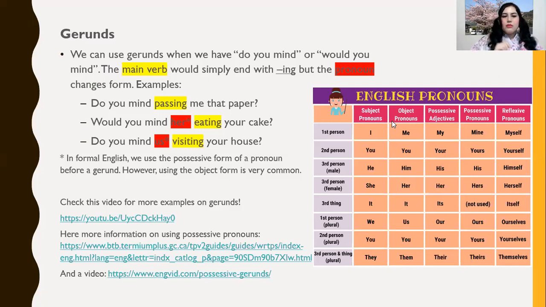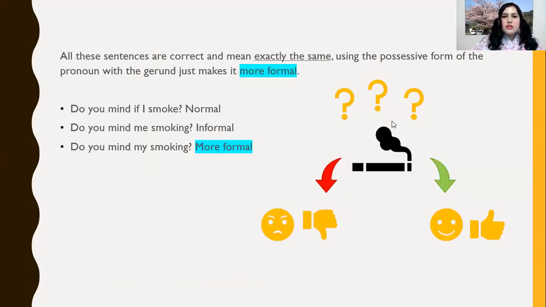I included some links to several videos that you can check, so please try to check them. And here's an example about this. So all these sentences are correct and have the same meaning, but it depends on if it's formal, less formal, or more. So that's the only difference. Do you mind if I smoke? That's a normal one. Do you mind me smoking?